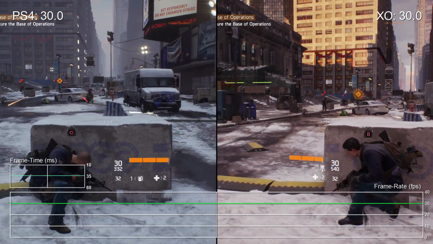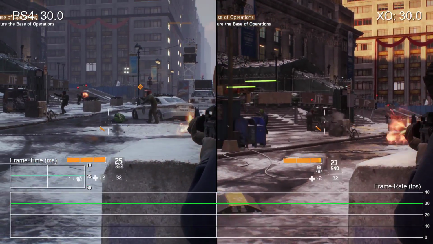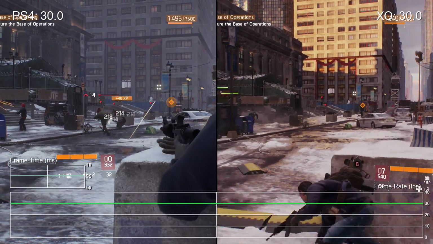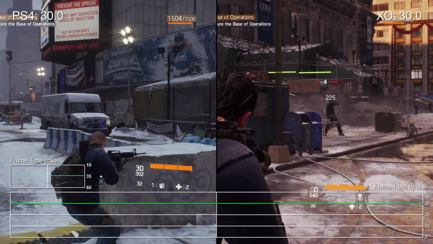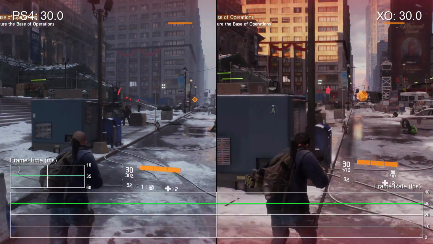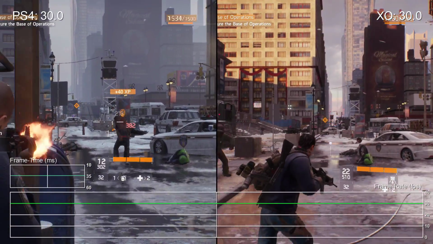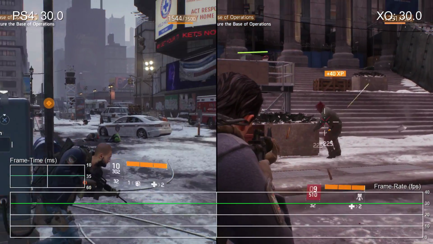But we're here to talk about performance, and as you can see from the footage thus far, things are looking pretty good on both platforms. The game targets 30 frames per second, and most of the time, it manages to stick to its target on both platforms. On PlayStation 4, every piece of test footage we ran through our software returned a near perfect 30